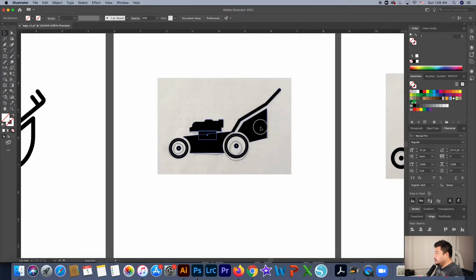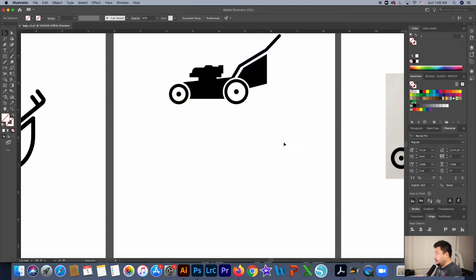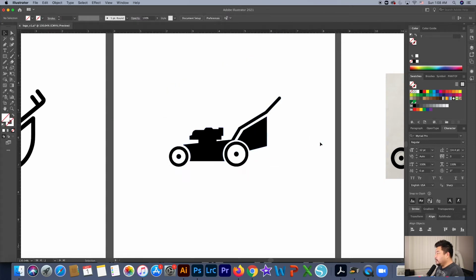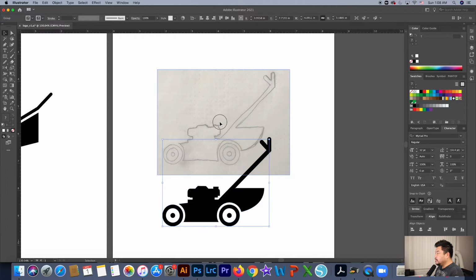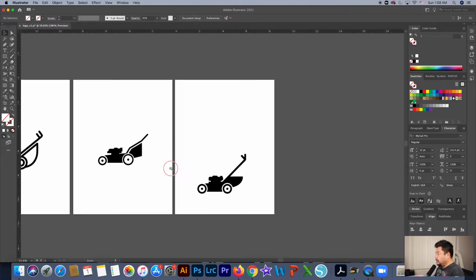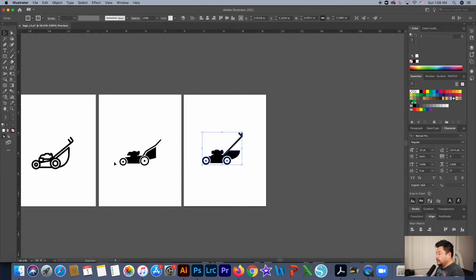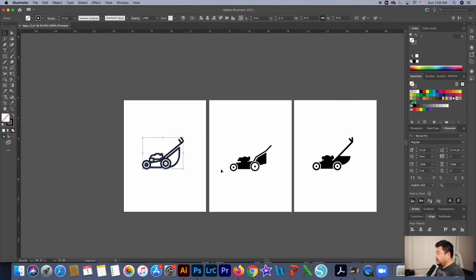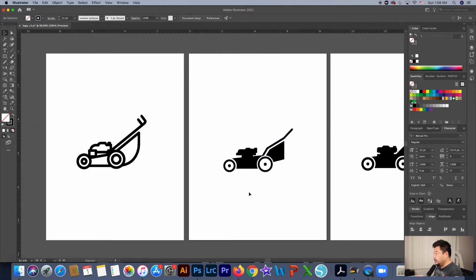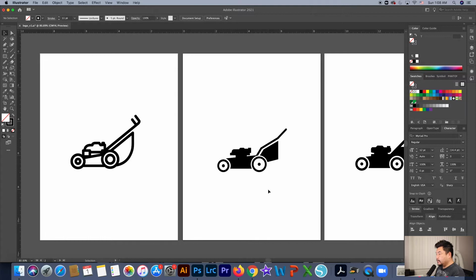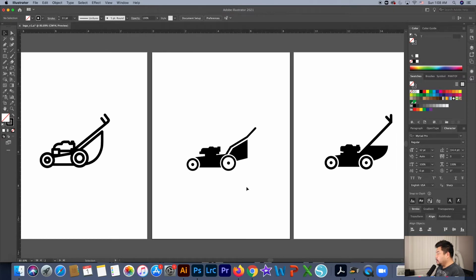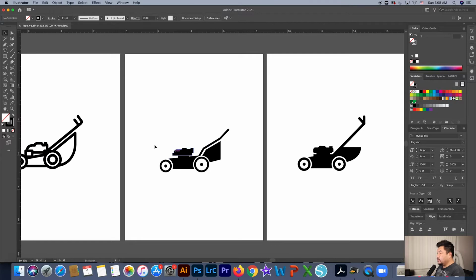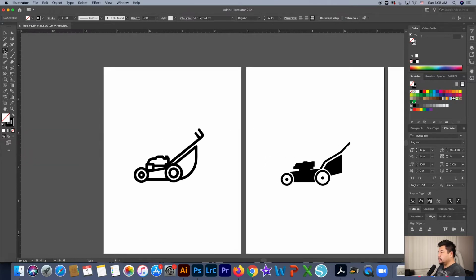So I took this one and I just redrew it, and then I took this one, same thing, redrew that. So I have 3 lawnmowers, and I think these are all pretty awesome, and I think these would make a perfect logo icon. So right now what I want to do is go into some typefaces,